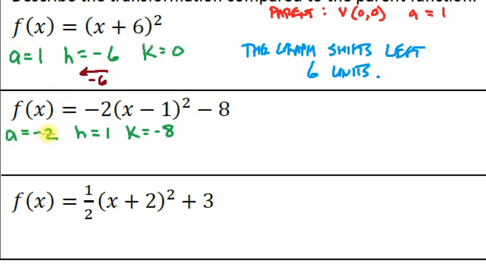All right, the A is negative 2. That means it's going to now be down and it's going to be stretched. H value equals 1. That means it's going to move right 1 because it's positive 1. The K value is negative 8, and that means it's going to go down 8 because the downward movement is negative 8. So the way I describe this is the graph